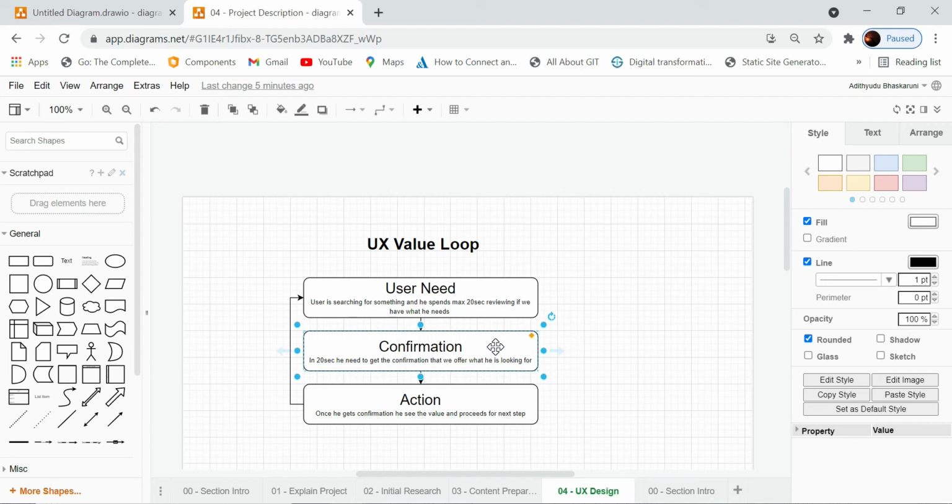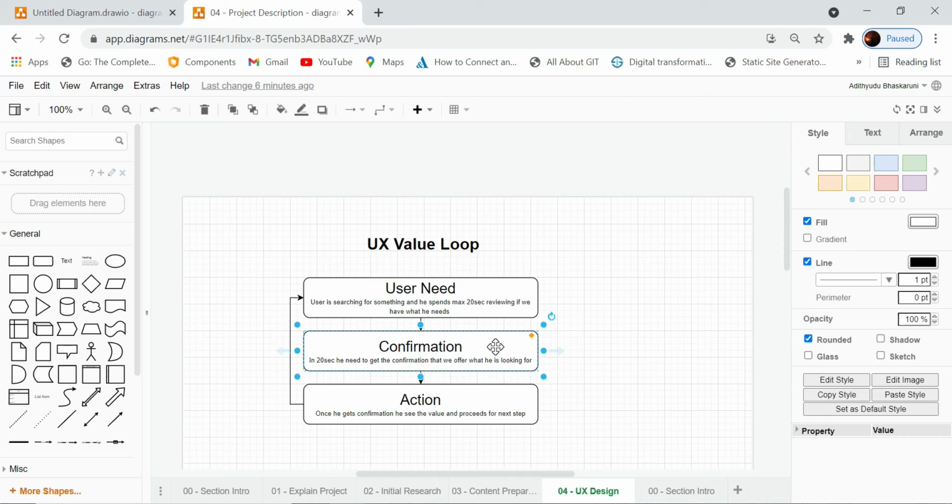In a B2C case, let us suppose we are running a hotel, and someone is logging in to do a hotel booking. What will be the process? He will search in Google for budget hotels, and your website has ranked on the number 1 page. Now he is logging on to your page. So now you need to somehow give confirmation to your user that your hotel is a budget hotel. That's the first confirmation you need to give, because that is what he has searched for in Google.